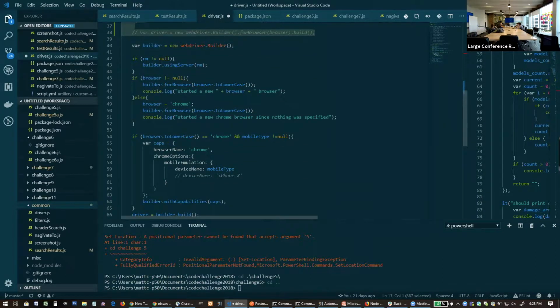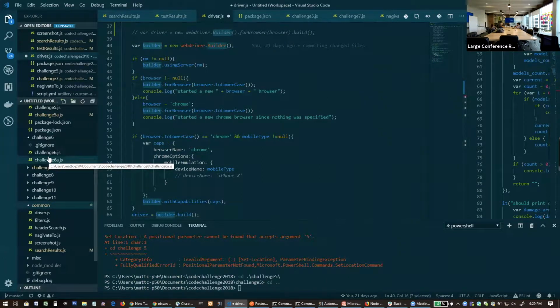But what I need to do is I'm going to use a builder. So remember, with the WebDriver, you have to have a builder to build out your WebDriver, and then it actually returns. Once it starts up the web browser, that's what you return to whoever is calling it. And whoever is calling it is a piece of code that is triggering off the test. So if my challenge 6 is calling the driver class, it's got to pass in a certain set of parameters for it to kick off and